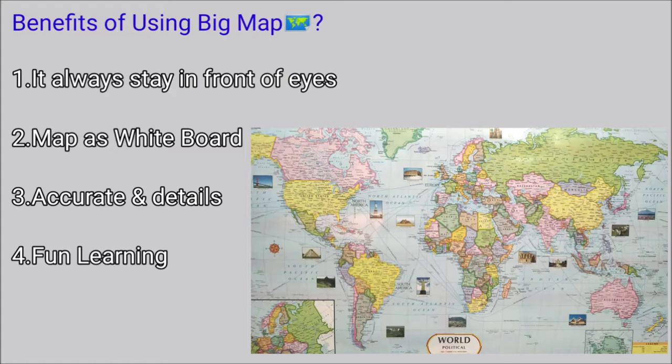Second, the map works as a whiteboard, so it is laminated. We can practice a number of things on it. We can draw, redraw, we can erase things out, we can just practice, and we can always have a comparison of what all the things we are able to remember. Third, it is accurate and it has details, so whenever we are watching a current affairs video or reading a current affairs magazine, we can also mark things out there which we need to draw in the map or draw in our notes, so it is a very quick pointer over there.